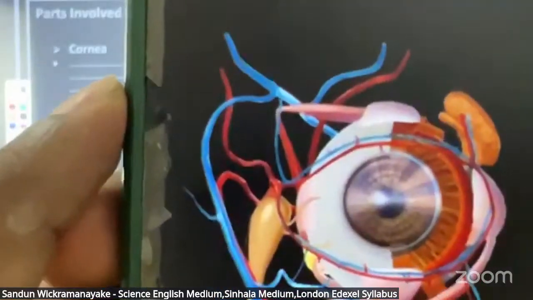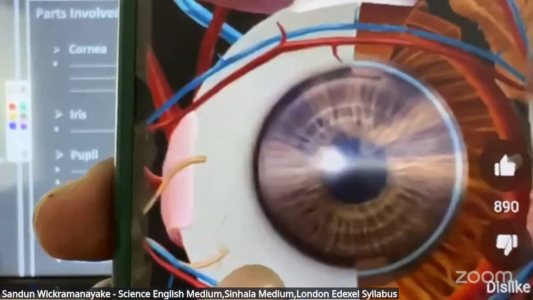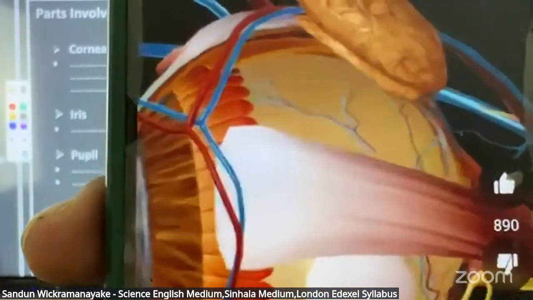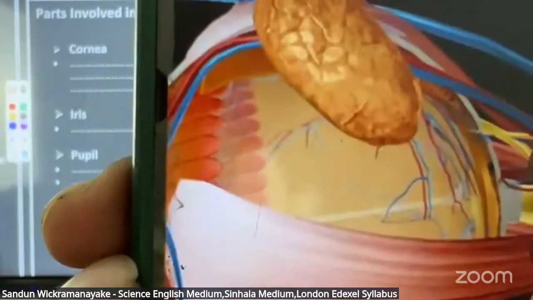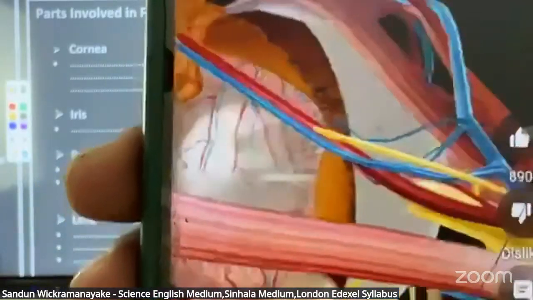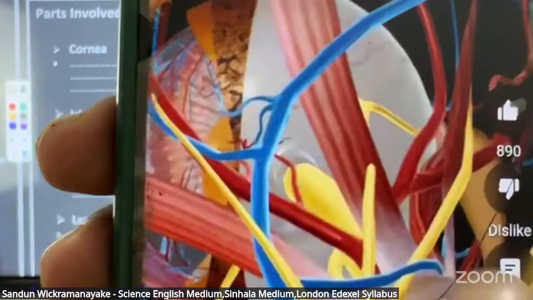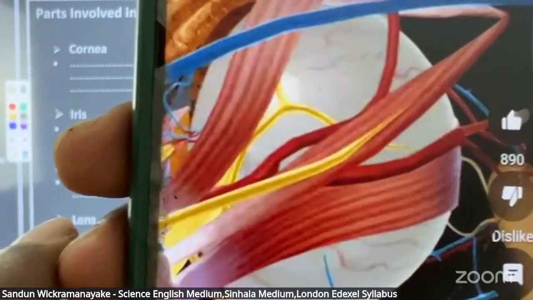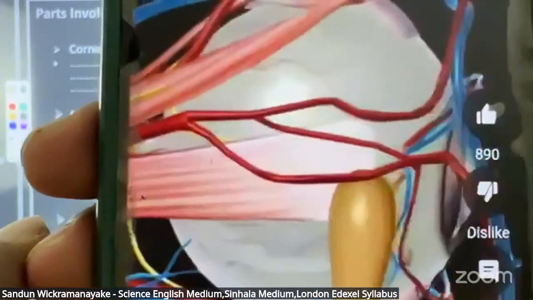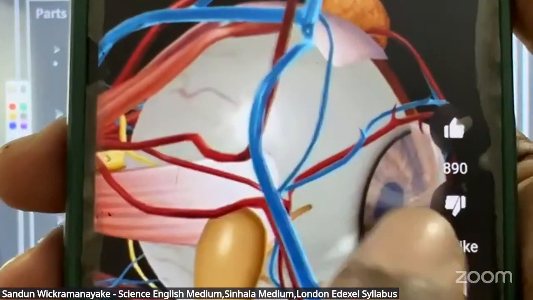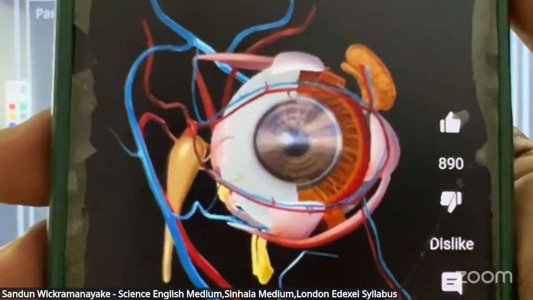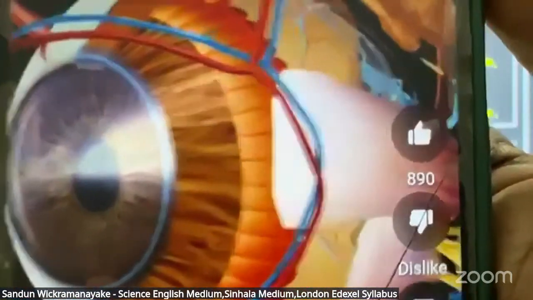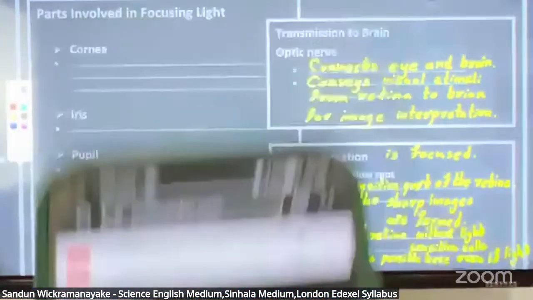This is the human eye. This is the sclera layer. This is the cornea and the iris and the pupil. This is the muscles. This is the optic nerve, the yellow color thing. This cornea is a kind of transparent layer, not a white color one. If the light rays